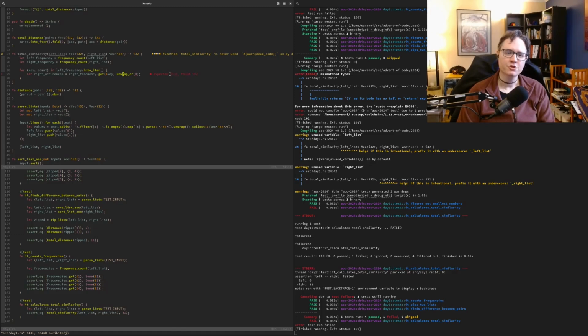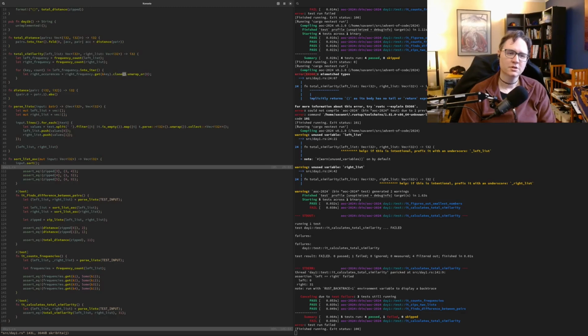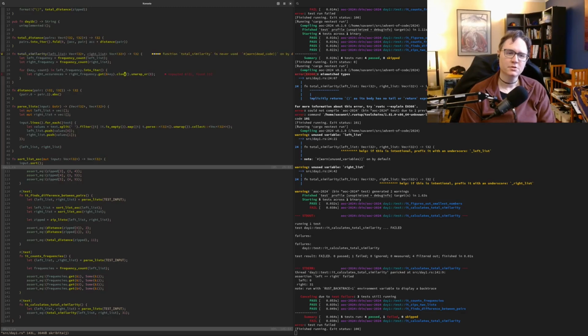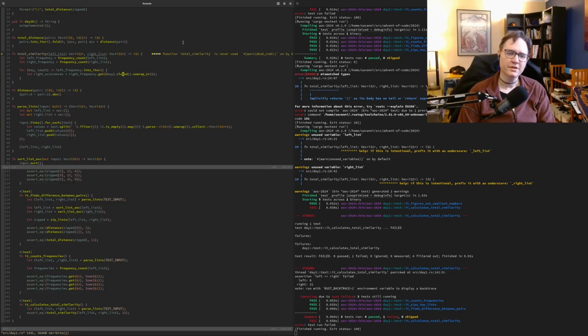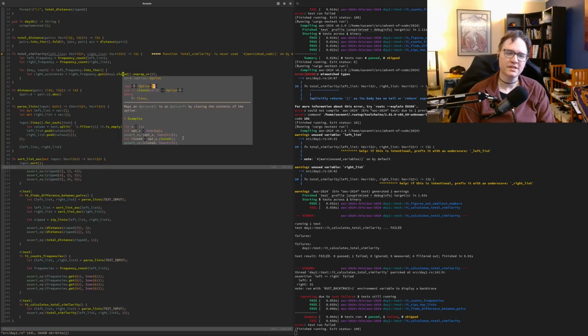0 is an i32. We're expecting a reference to an i32. Can I do this? Cloned takes an option reference and returns... okay, so it'll clone what's in there. Cool.